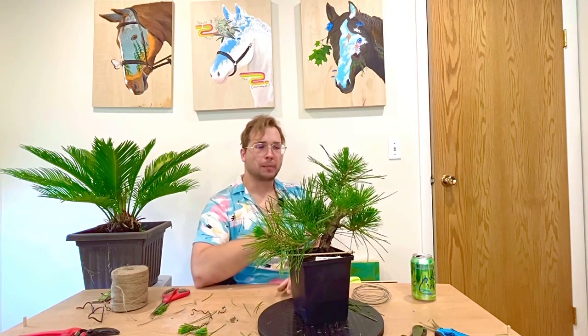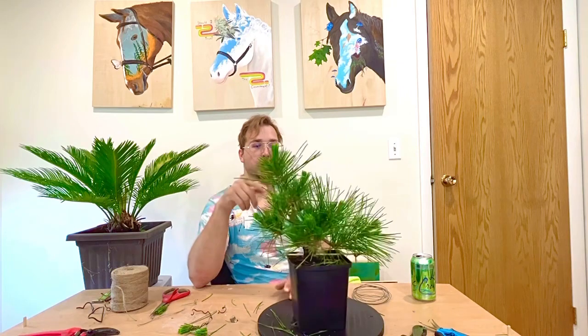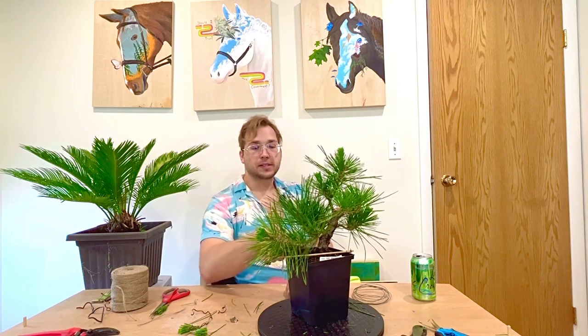So that concludes this episode with the Japanese cork bark pine. We're going to see how the new foliage develops now and hopefully get some more back budding on the interiors of these branches. But that's going to be, like I said, what I do for now, waiting for the next step of development with this